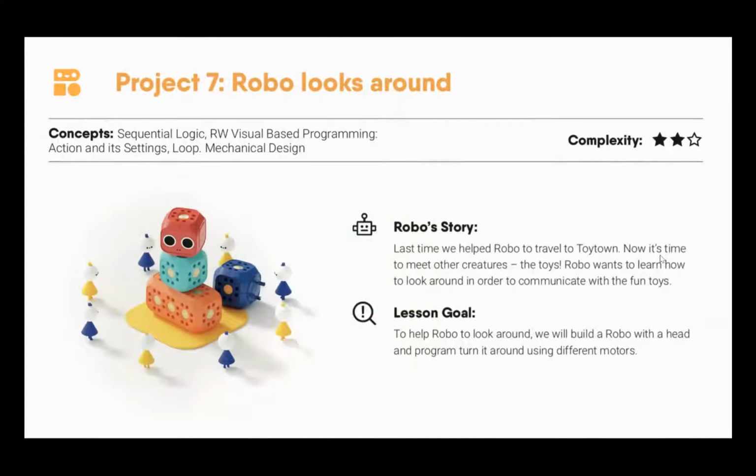But again, that was just a quick snapshot of how you can use the activity to use some programming, of course, some mechanical design. We can even maybe use it to help us learn about animals in the real world, what sounds they make, and how they might interact with the robot. So there's lots of different opportunities just within that simple activity straight away. Okay, so now we're going to take a look at